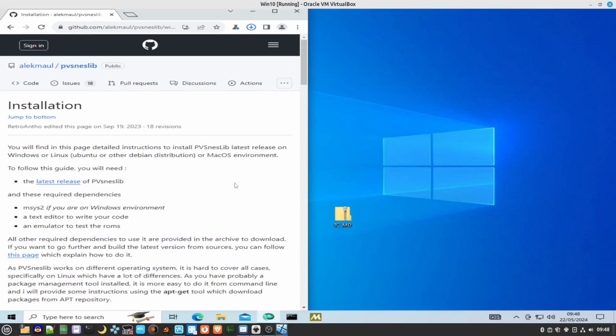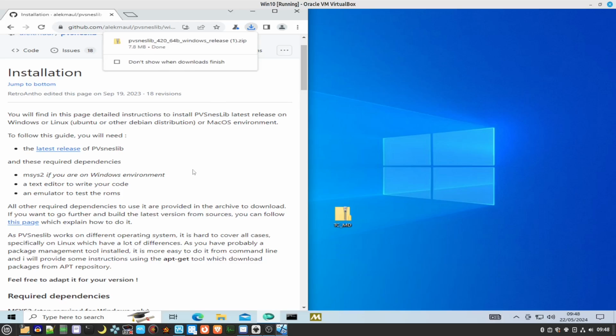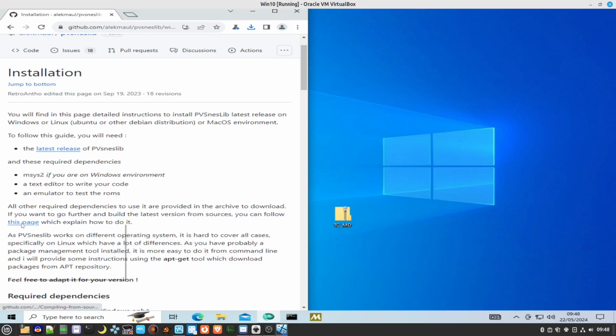Right, so using Windows, we need to create a virtual Linux environment to use the tools here. So what we need and what is recommended here is we use the MSYS2 setup environment to create a virtual Linux environment for us. So what you want to do is go to here, follow the link,